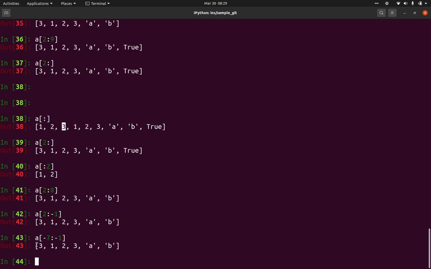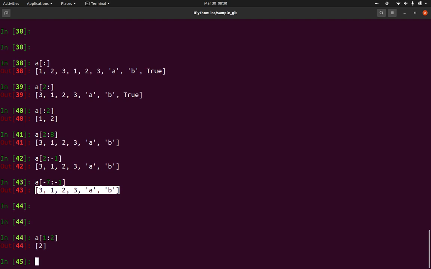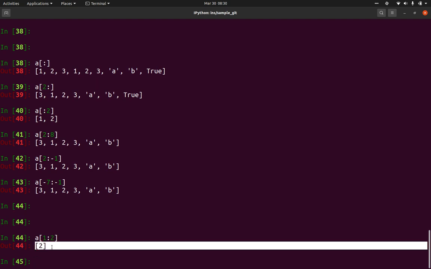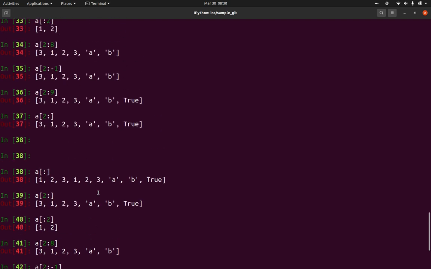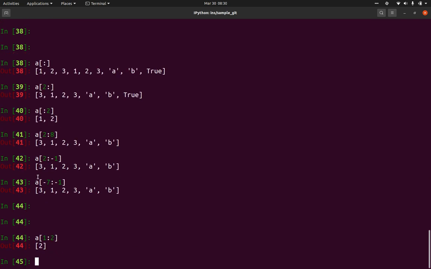But always remember, whenever you are using a slicing method, it will always give you another list as an output. It will not give you elements as an output, even if it is a simple one element. It will always give you a list. Just remember that. If you want to fetch elements, then you can use simple indexing, which will output the element, not the list. Here it will give you the list.